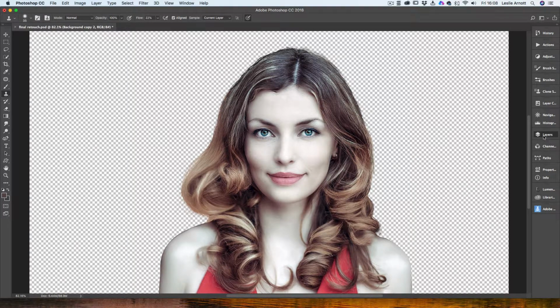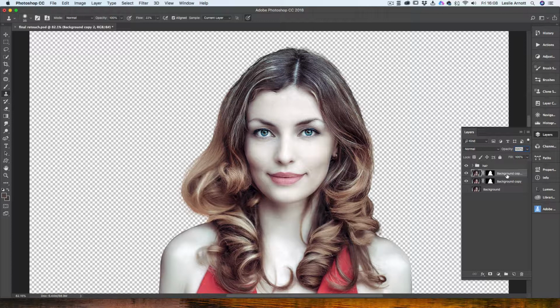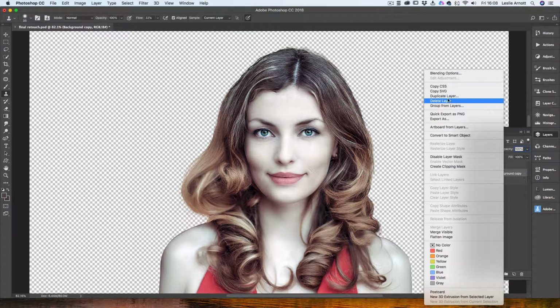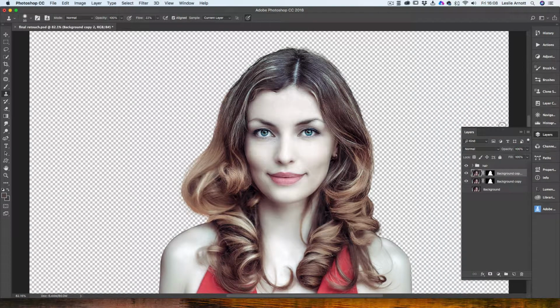So what I'm going to do is delete this layer, and I'm going to duplicate this one again. So we're working on this one. I'll just hide the bottom layer. There we go. So we're working on this new copy, and what I'm going to do is bring my